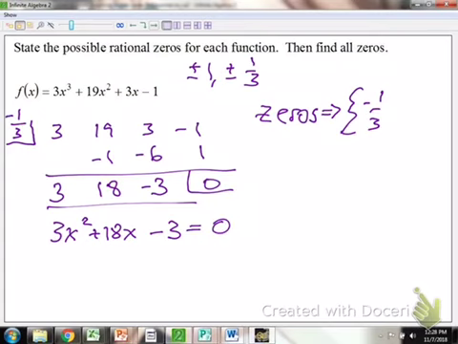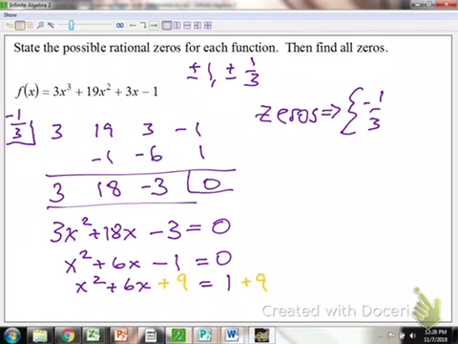Now I want to immediately make this easier for myself and divide out the GCF. 6x minus 1 equals 0. And this is a beautiful candidate to solve by, drum roll, completing the square, because a is 1 and b is even. So x squared plus 6x equals 1. Half of 6 squared is 9. Add 9 to both sides, and that's going to give me x plus 3 squared equals 10,